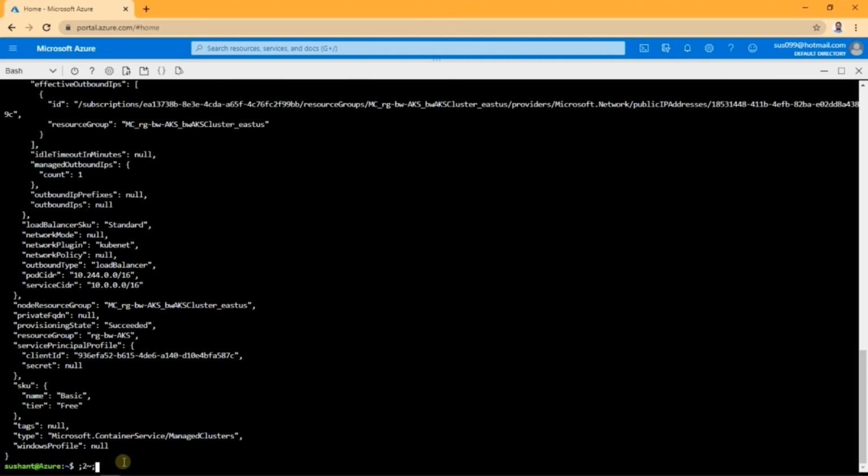So deployment has completed. Let me check my node info or node state. First I need to connect to the cluster.